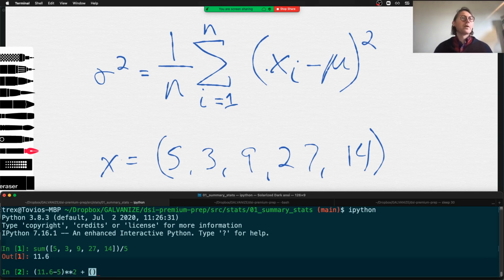plus 11.6 minus 3 squared, right? Is it the other way around? It actually doesn't matter. Yeah, because we're squaring it. Squaring in this case is also going to get rid of the negatives. So it'll be equivalent either way. 11.6 minus 9, yeah. 11.6 minus 3 squared, and then